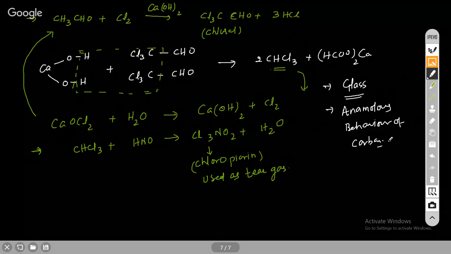I have seen a few questions on this glass topic. They ask about Pyrex glass and some composite types of glasses, so you can go through it. And there are probably a few structures of the compounds of silicon also given. If not, let it be, but just go through that. Okay, we are done with this.